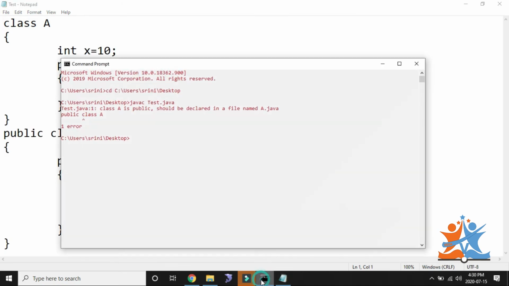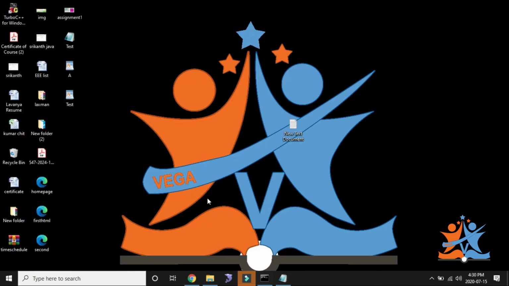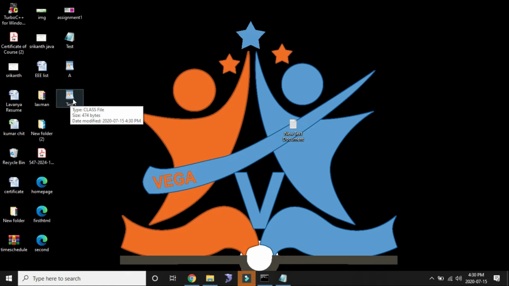Again go to the command prompt and run the same command. Successfully, without any compile time error, our .java file is compiled. Whenever a .java file is compiled, it creates class files.